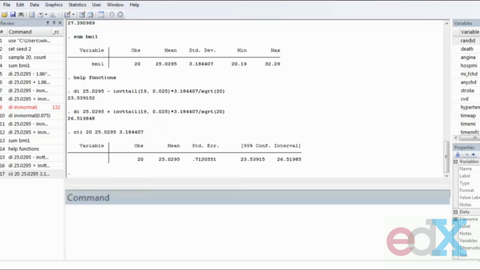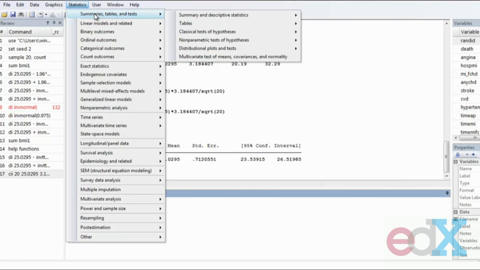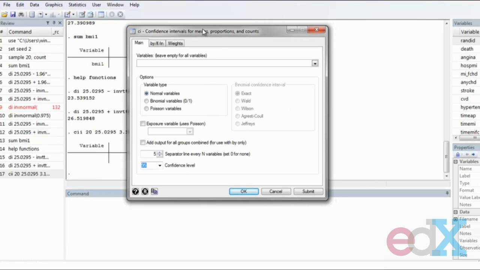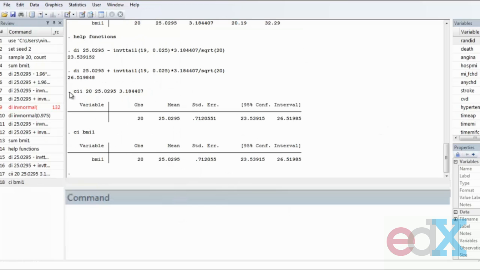Now, does it actually get easier than this to make a confidence interval in Stata? And yes is the answer. So to just calculate a confidence interval from data that's already read into Stata, I can again go Summaries, Tables, and Tests, Summary and Descriptive Statistics, and then just click on confidence intervals. And you see this window pops up, and the command that we use is CI. I'm assuming that it's a normal random variable. The variable I'm interested in is BMI1, and I want a 95% confidence interval, as you can see down here. That's the default. And I hit submit,